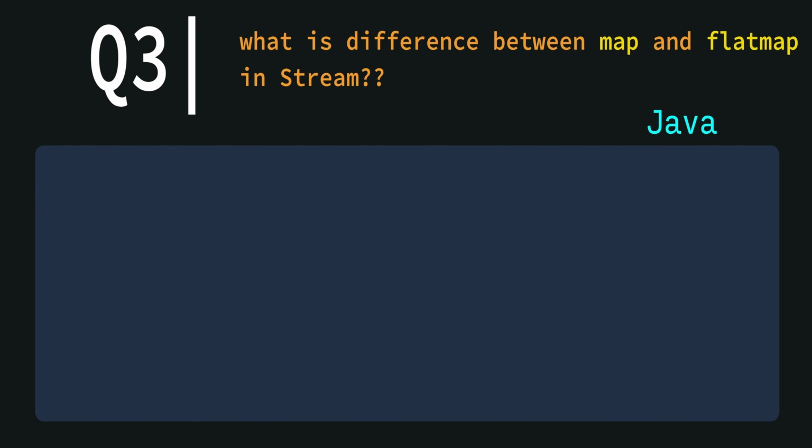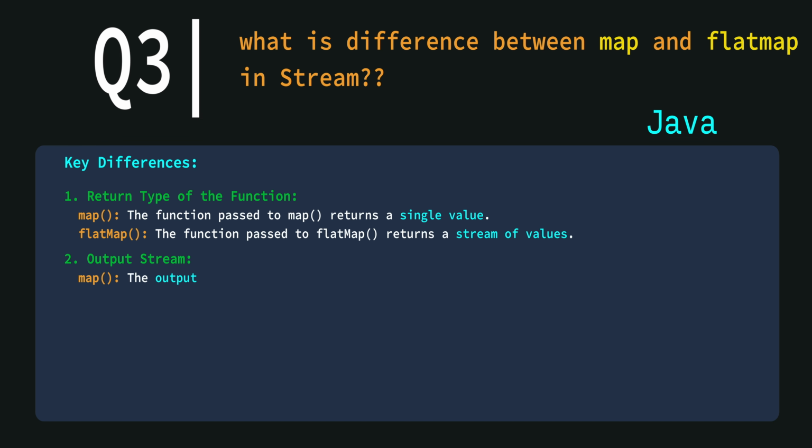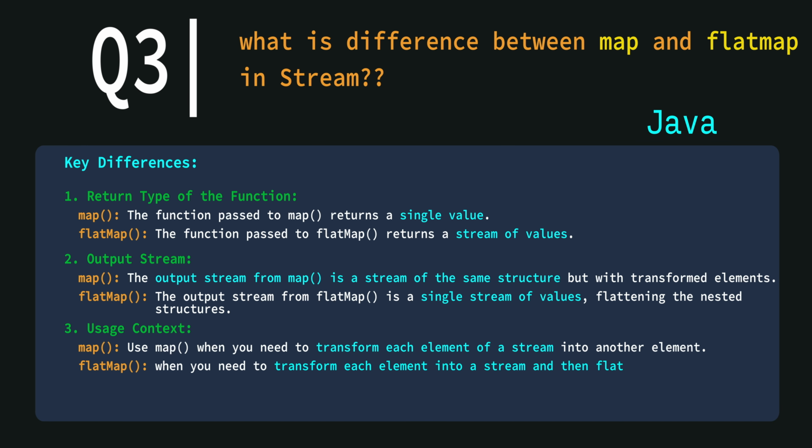For these two, we can straight away remember what map does and what flatMap does. If you want to transform a value from X to Y, then map is useful. So map always returns a single value. Whereas with flatMap, along with the transformation, instead of returning a single value, it will return a stream. You can observe the same thing I have mentioned here with the 3 points for map and flatMap.